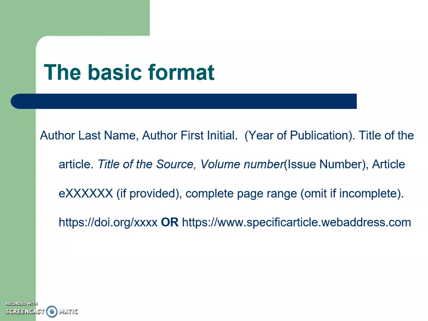Lastly, you end the citation, usually for most articles, with a DOI number if your article has one. Not every journal article comes with a DOI, though more and more of them do. It's becoming more common, so you want to look around and see if you have one. And if you don't have one, then you end with the stable URL or the permalink or whatever the wording is that will take you for that web address to that specific article.